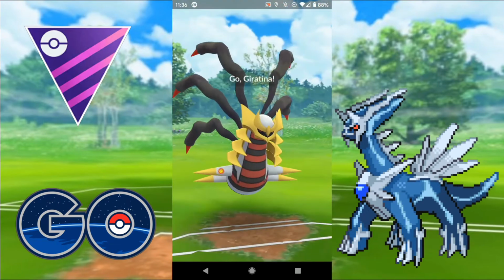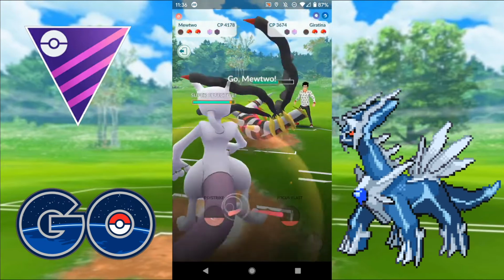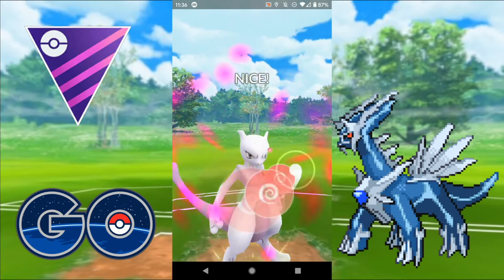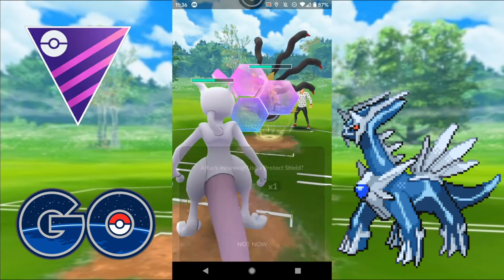almost takes me out, but they make a nice sacrificial switch there to try and get a little bit of energy gain. So I was able to get to the charge move, do a little bit of damage, and then throw my energy from the Mewtwo. I have got a shield myself, so I'll be able to shield that up